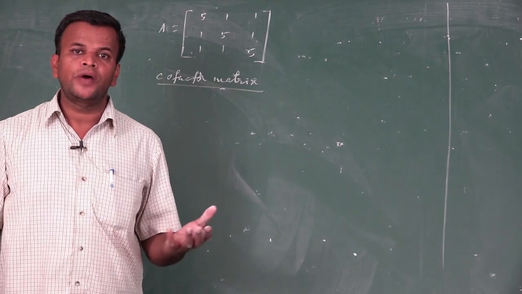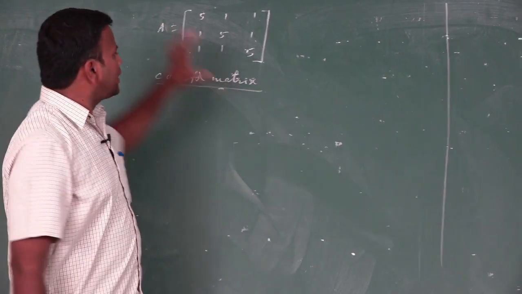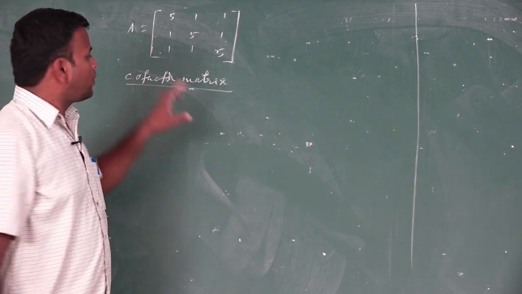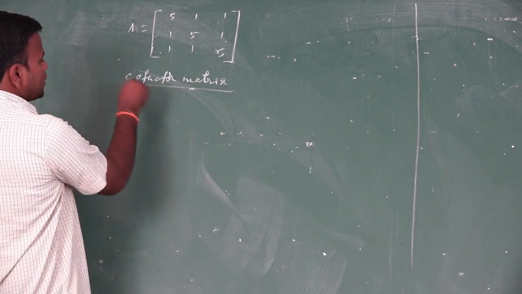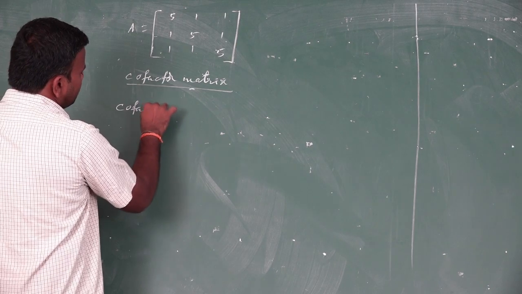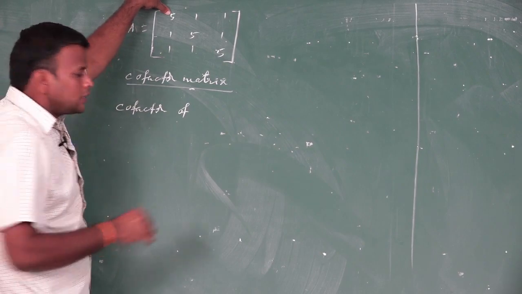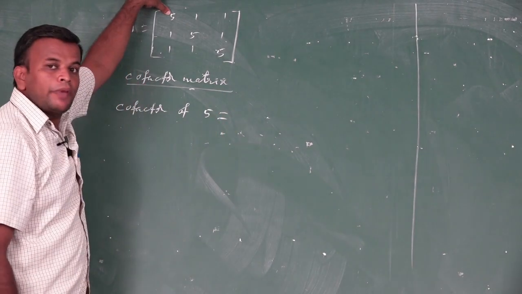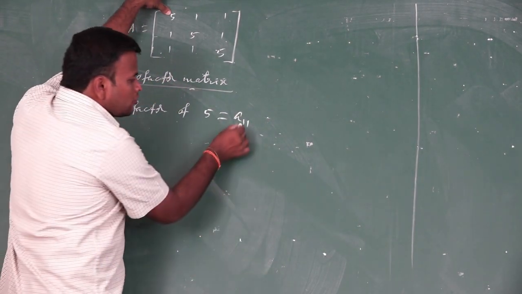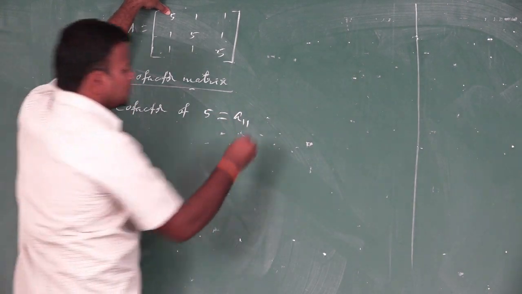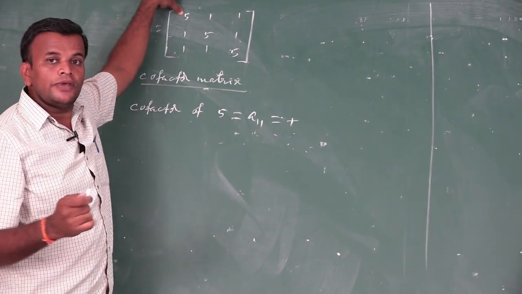The next step is to find the cofactor of the given matrix. No need to write A, but for our convenience, again I write the matrix A. What is the reason to find the cofactor? Its transpose is nothing but the adjoint. So for the cofactor matrix, we write the cofactor of each and every element. The first element of A is 5, which in a matrix we write as A11, the first row, first column element. We already said the first element's sign is always plus.